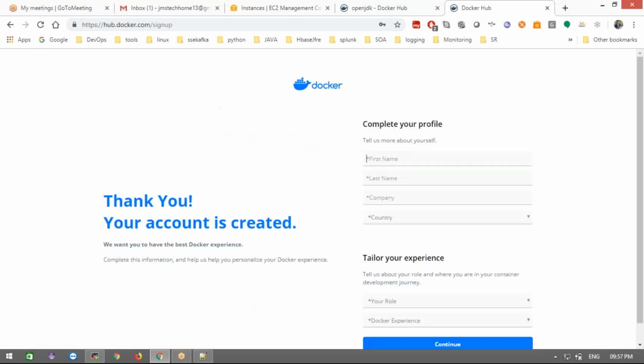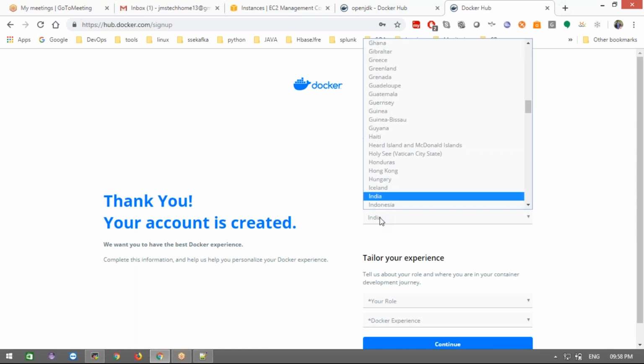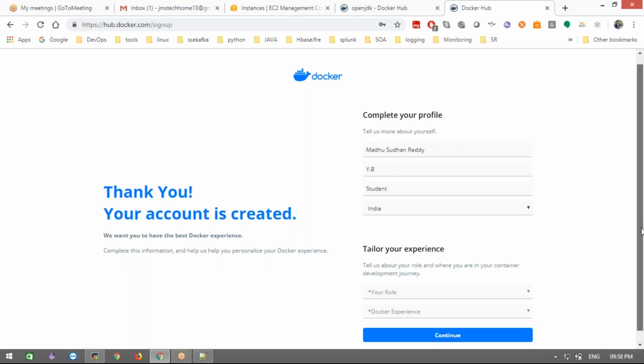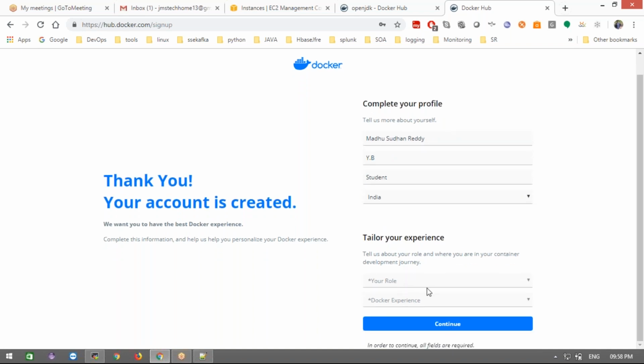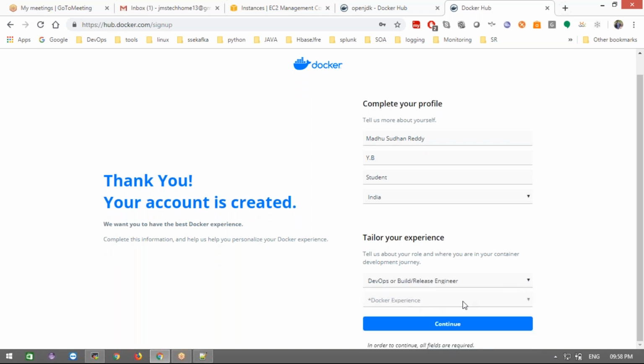Then click that. This one asks some questions on a few pages: country India, then developer, DevOps, build and release engineer, Docker experience, just getting started.